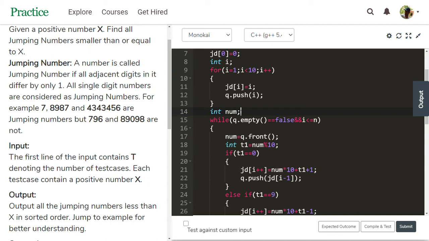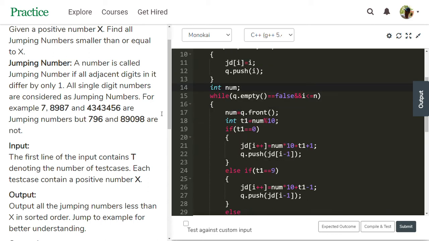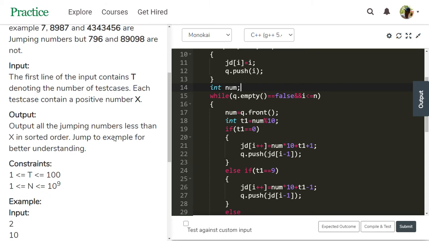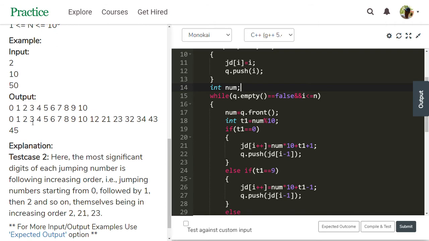Int num is used for getting new numbers. Okay, I will explain how the first test case goes.